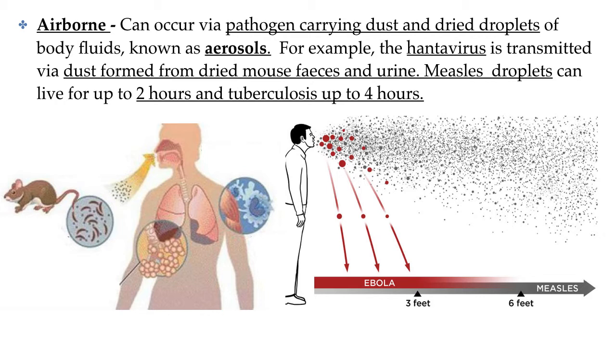One other disease that is transmitted through aerosols and is actually not transmitted from human to human is the hantavirus. Hantavirus is actually transmitted via dust particles that go in the air that contains dried up feces or urine from mice that have the hantavirus. And so this is the disease that is transmitted not from one person coughing or sneezing, but just by being in the same area where you have an infestation of mice, usually field mice that live in wooded areas that are infected with the hantavirus, and then they deposit that virus in their poop and their urine,